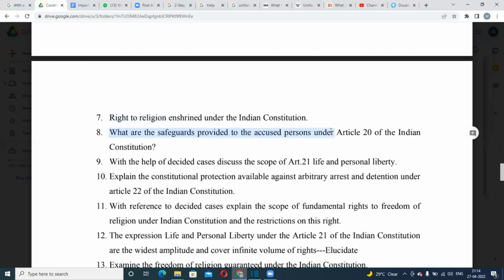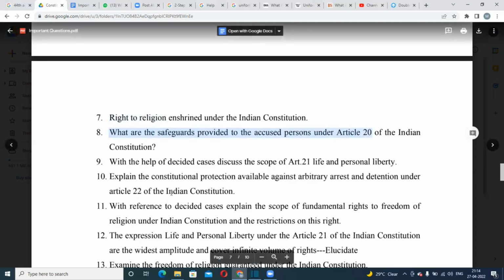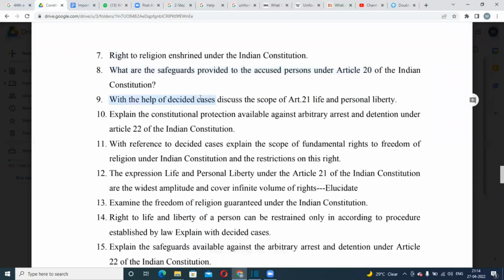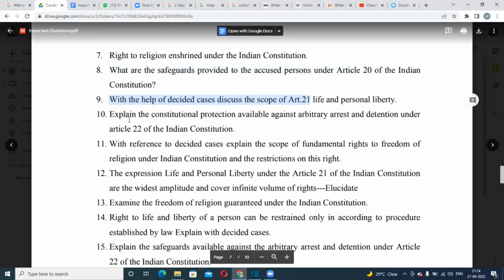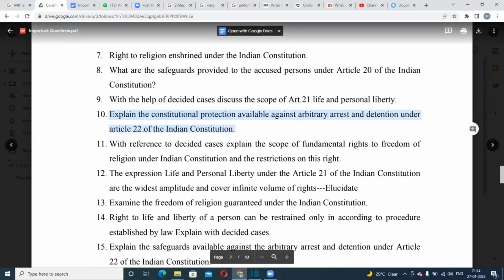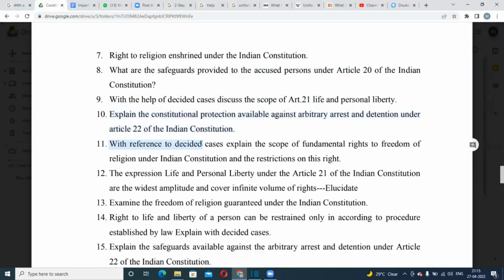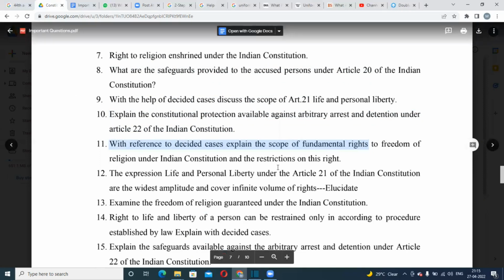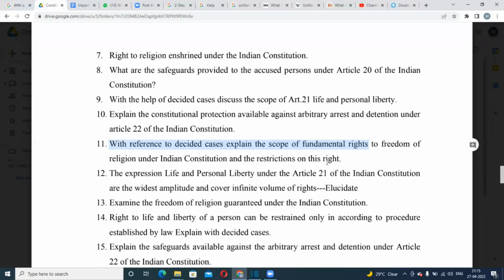What are the safeguards provided to accused person under Article 20? With the help of decided cases, discuss scope of Article 21, life and personal liberty. Explain constitutional protection available against arbitrary arrest and detention under Article 21, 22 of Constitution. With reference to decided cases, explain scope of fundamental right to freedom of religion under Indian Constitution and the restrictions